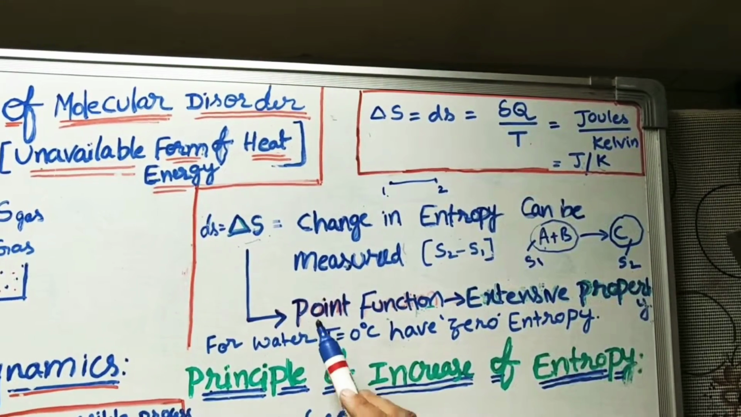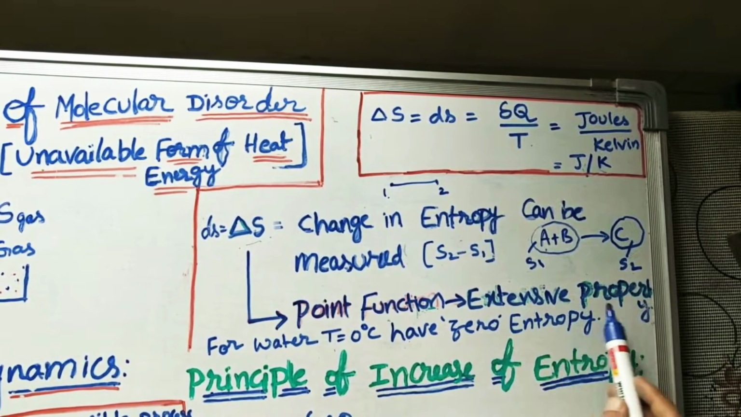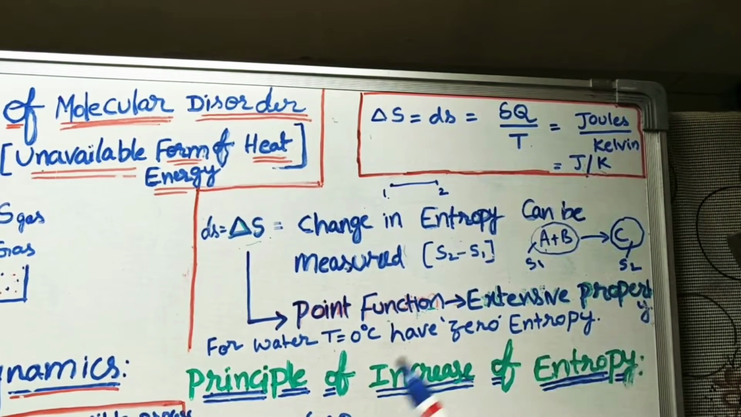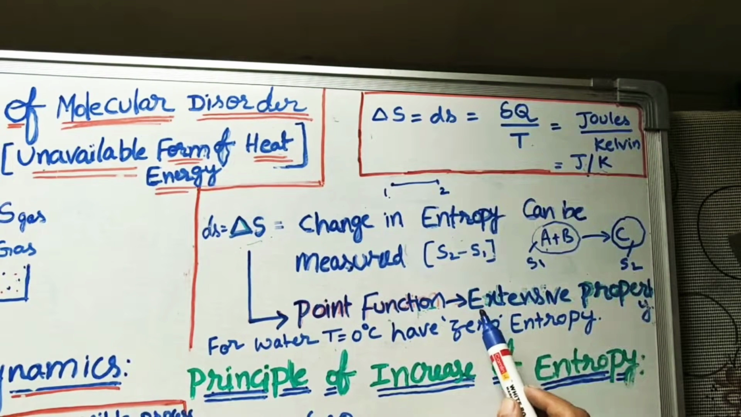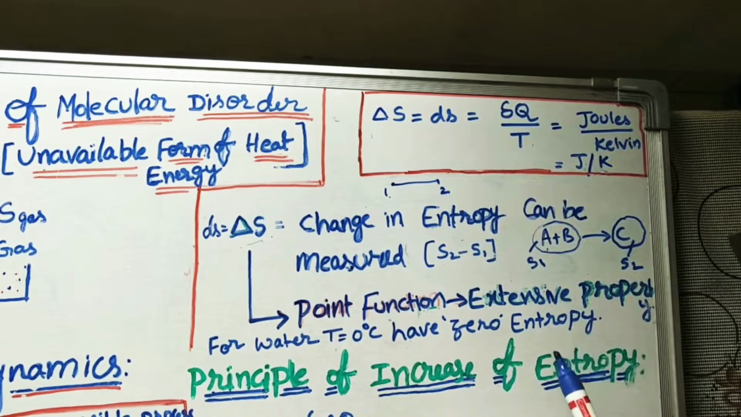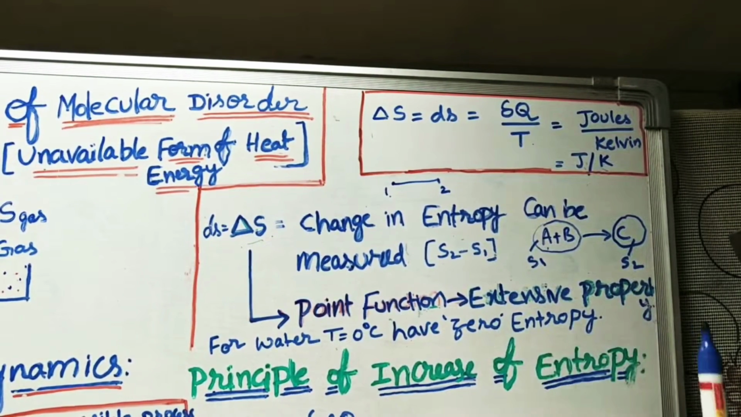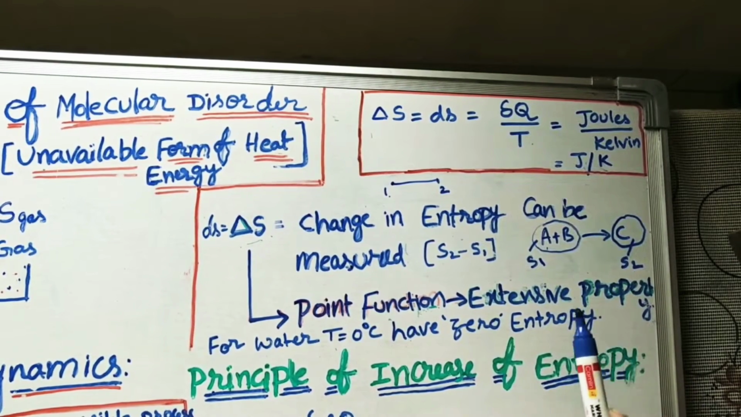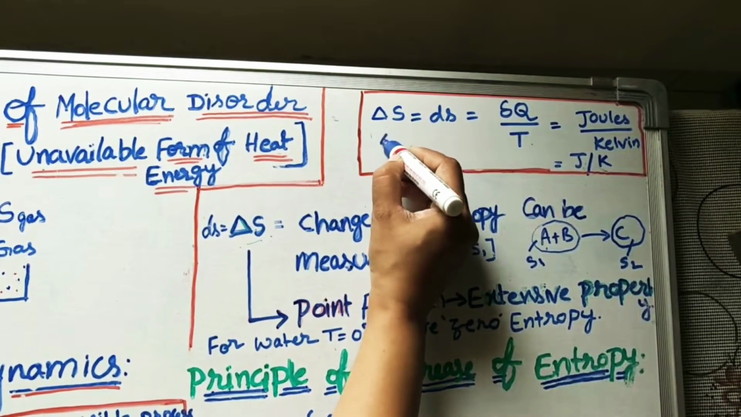Or we can call it a state function also. And it is an extensive property. Why is it an extensive property? It depends on the mass of the given system. We did one separate video on what is extensive property and what is intensive property. I will give the link in the description box, please check it. Here change in entropy is an extensive property, that is, it depends on the mass. If you take this delta S per unit mass,